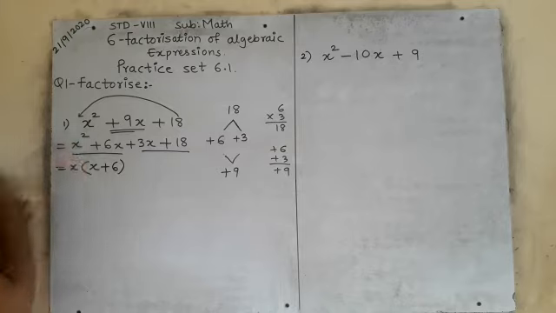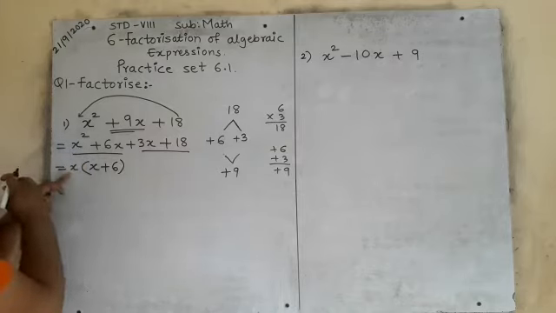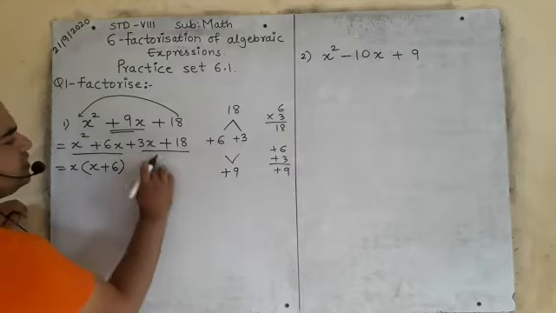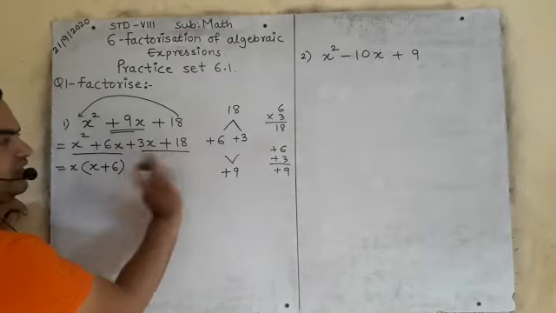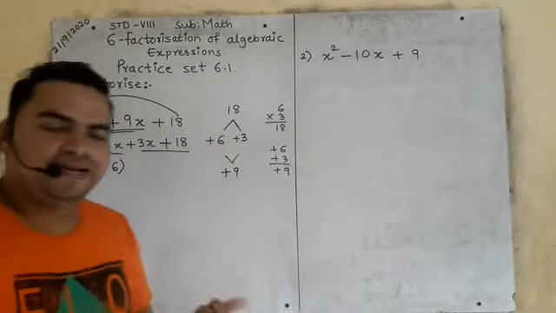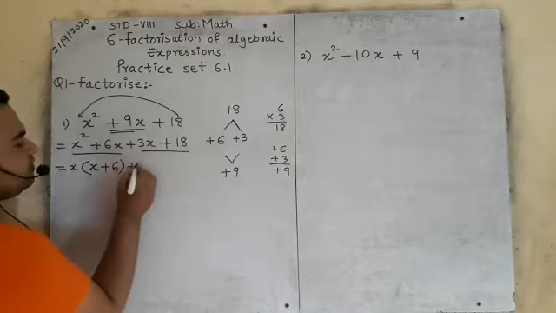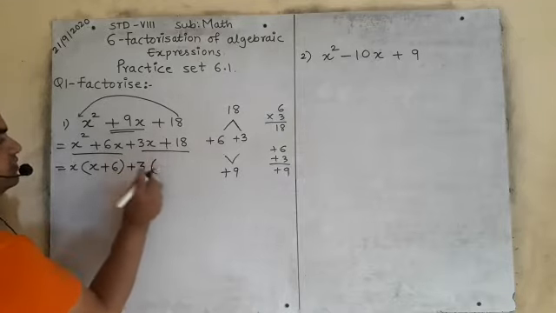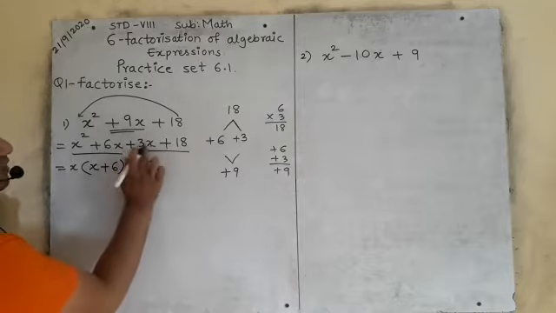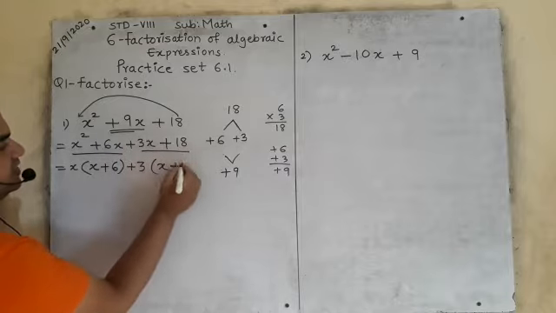Because the x has been taken out here. See, x we have already taken as common. Now what is common here? X is here, x is not here, so x is not common. In the 3 times table 18 comes. Yes, 3 6s are 18. So plus 3 will be common. What will remain from here? X. And what is the sign? Plus. 3 6s are 18.